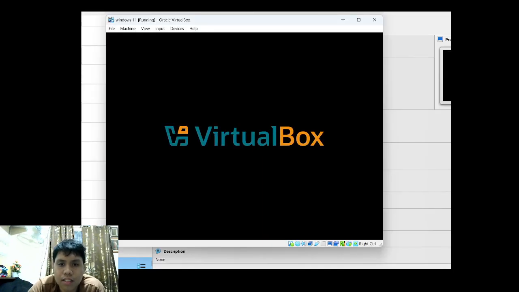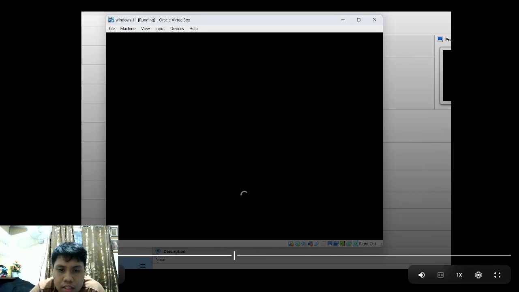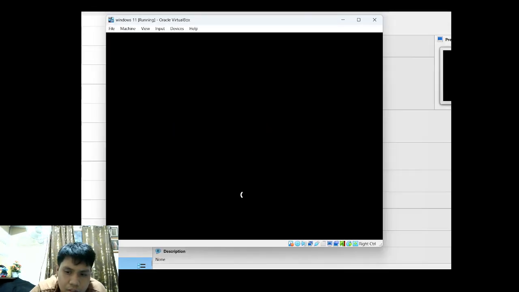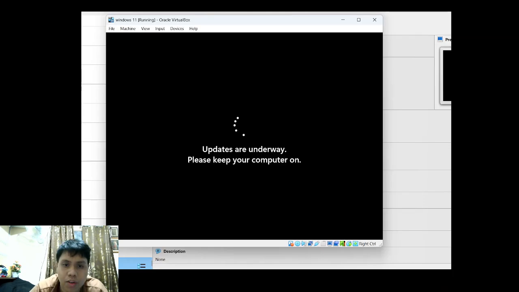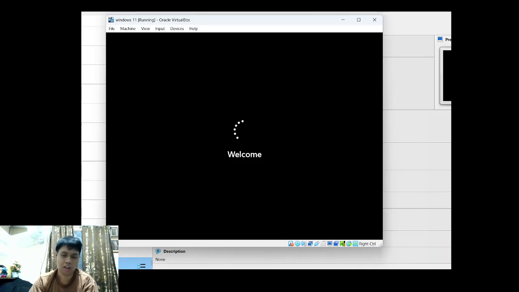Just need to wait. If you don't have enough storage to install this, I think you must make space first before you install it because it takes up a lot of storage in your PC or laptop.